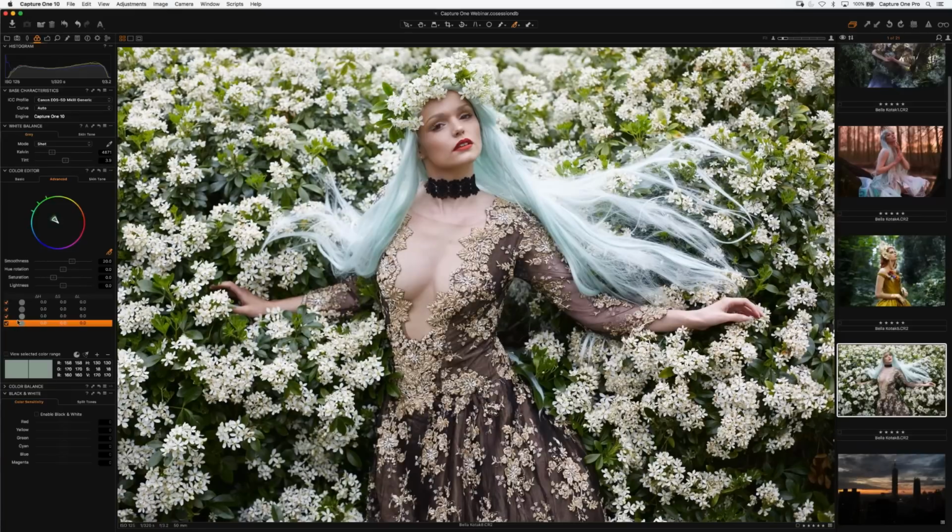So let's say I use this last color that I selected. I can then use this hue rotation and then simply change the impact of the color and how it's being interpreted. I can also change saturation. And I can also select multiple colors. So if I select the green over here, which is a stronger green, I can say view selected color range, and you can see the flowers that are selected or the leaves that are selected, and then adjust the hue